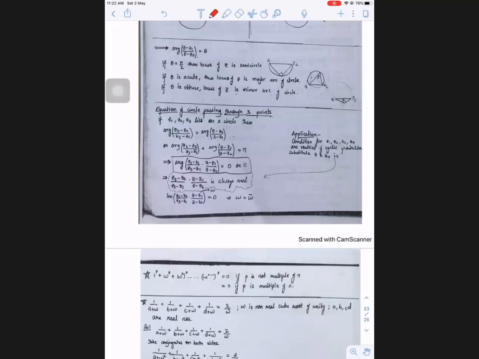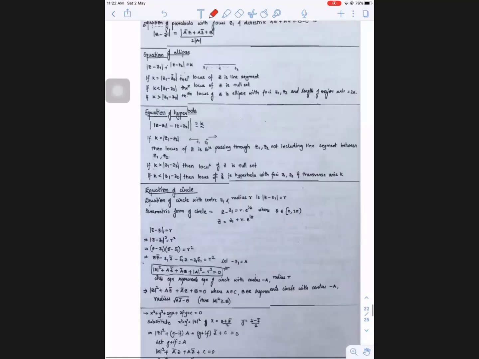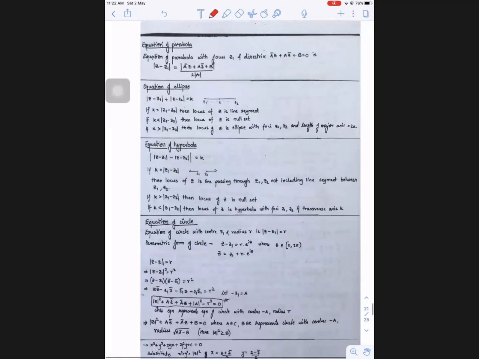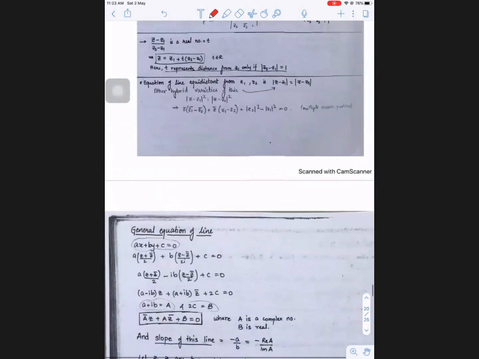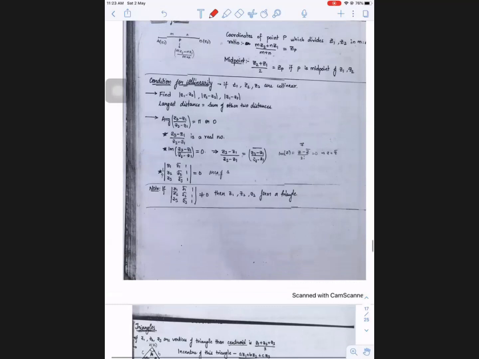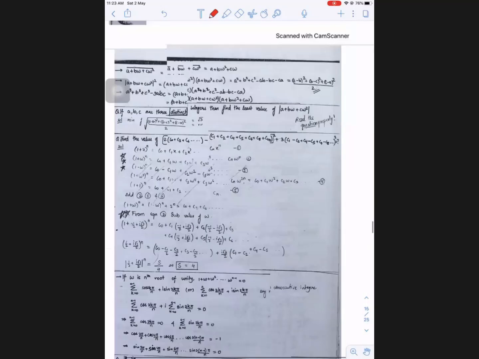It takes time. If I go to the next topic, it will easily take half an hour to complete the next concept, so today it's not possible. So Monday we'll discuss the next concept. Any doubt you have in today's class? Before de Moivre's theorem, any doubt? No doubt?